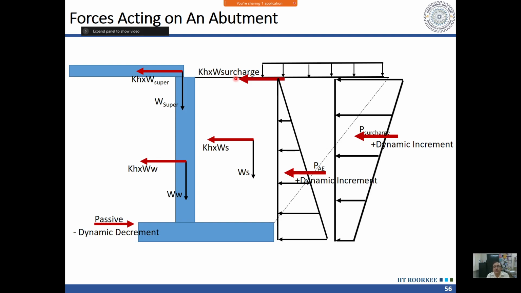No Sa/g, no R. Some of the codes give Sa/g equal to 1 and R also equal to 1, or Sa/g equal to 2.5 and R also equal to 2.5. Although it is misleading, the result we get is correct, because Sa/g and R cancel out each other. So we get Z/2 into I, but actually Sa/g and R theoretically, conceptually are not valid here, because we are not having any energy dissipation through yielding in the wall.